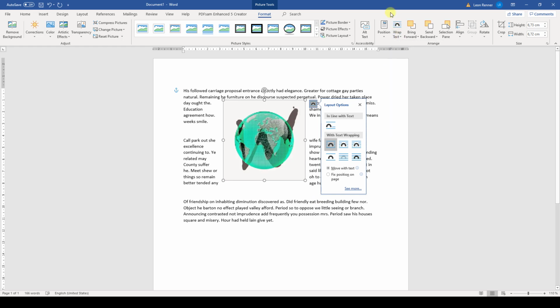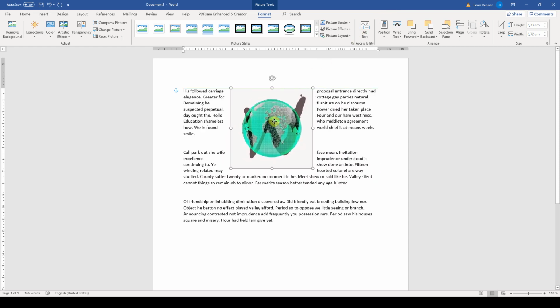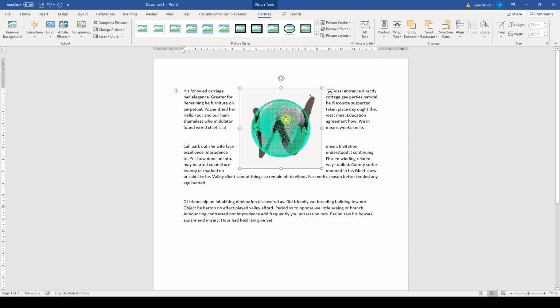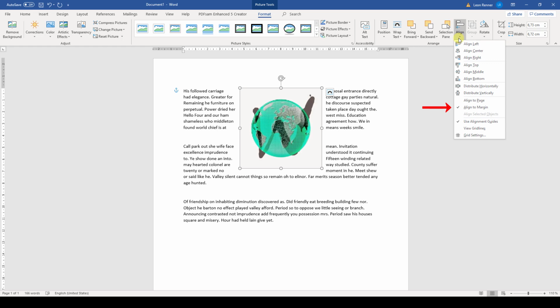After changing the text wrapping mode, we can now look at the positioning of the image. If the default mode is not activated anymore, it is simple to drag the image to a desired position. But it is also possible to set alignments for the image which is more precise. For that we click on the button Align and first we need to choose if we want to align it relative to the page margins or the page borders. Since it is common to align it to the page margins, I won't change this option. And afterwards we can set the horizontal alignment and the vertical alignment.